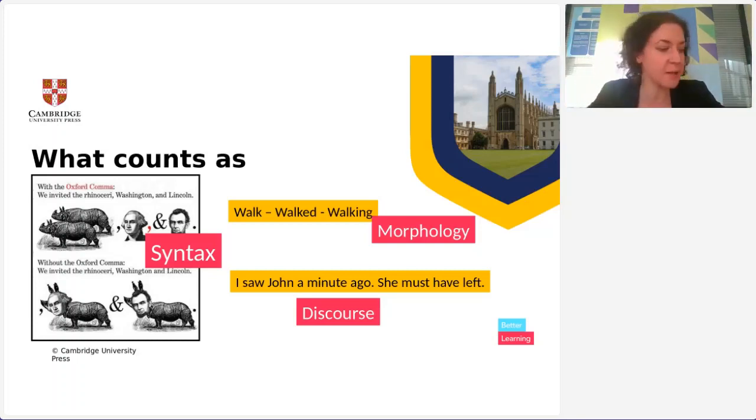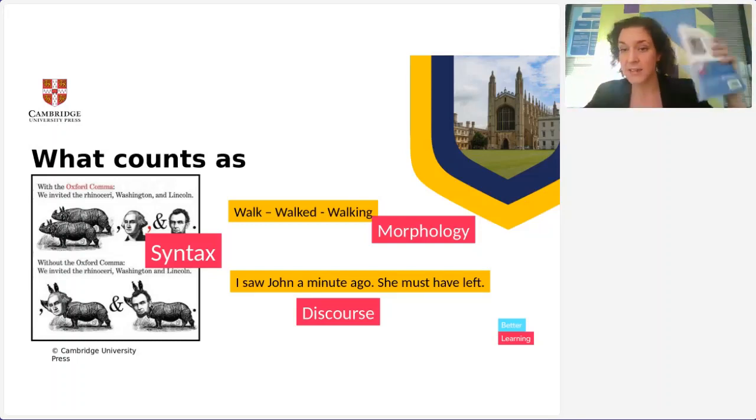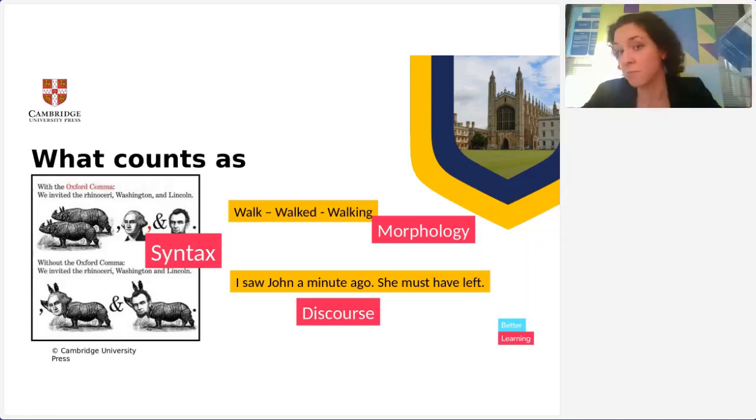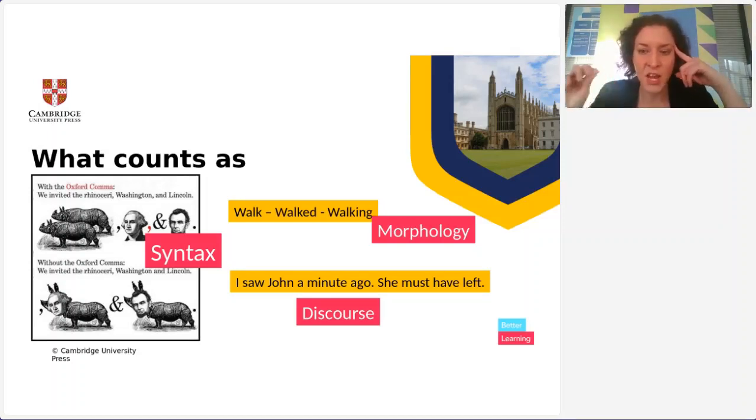But at the same time, as Scott Thornbury says in his 101 Grammar Questions, a wonderful book, I love it a lot, so we have it in the Linguist Company if you're interested. That's a great reading. So what he says is that morphology is somewhere in between, and that's a very shaky line